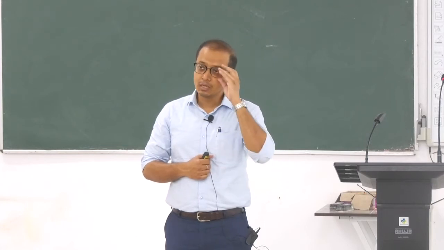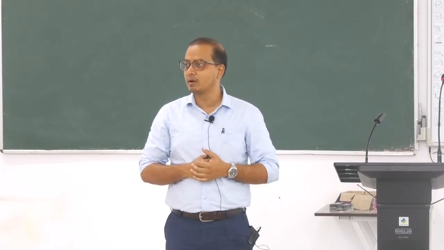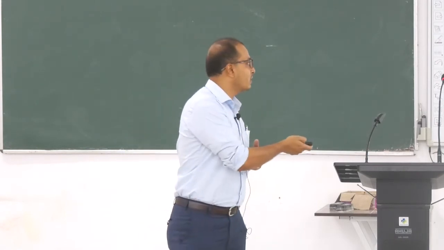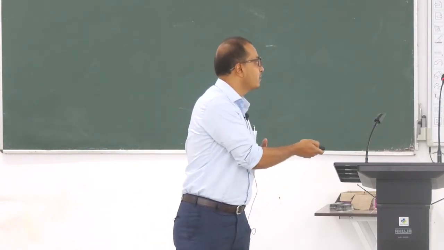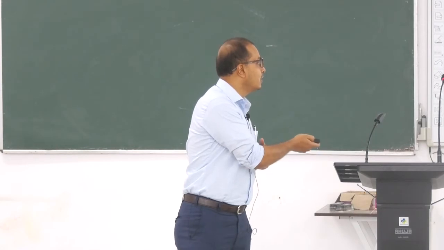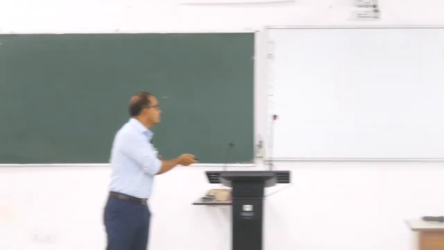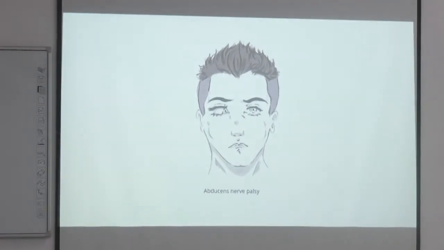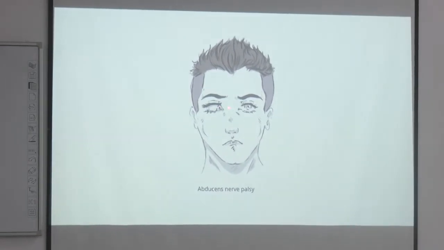Many a time we see palsy of this particular nerve, and this palsy leads to a kind of eye defect which is pretty common. We see this eye defect in the individual, leading to medialization of this eye, which is like this. It may be a congenital problem. You can see this one eye deviated medially.